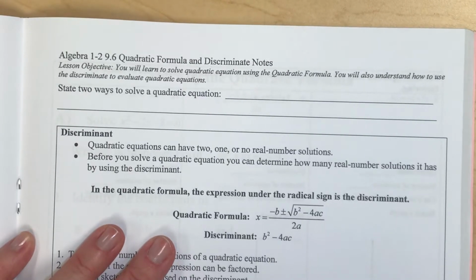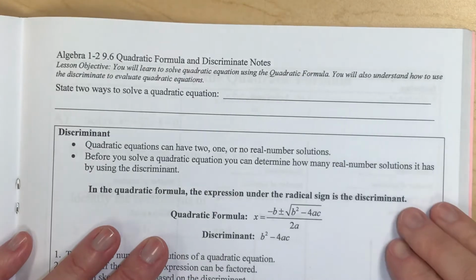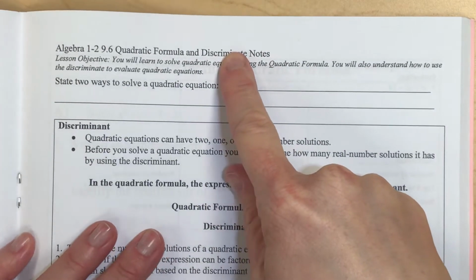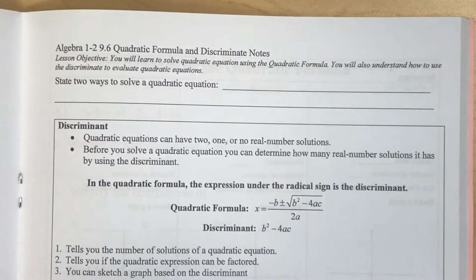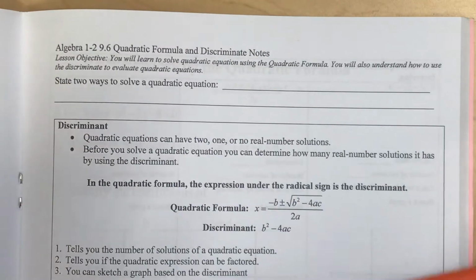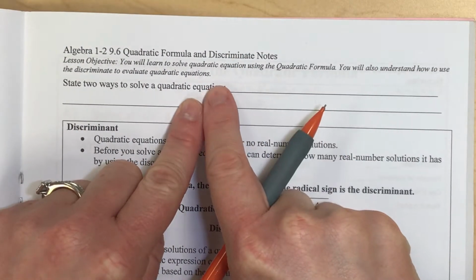In this video, I'm going to show you the piece of the quadratic formula that is called the discriminant. I'm going to talk to you about just that small part of your quadratic formula and what it can tell you about the picture of your quadratic. And so I want to first just talk about the two ways that we've already learned how to solve a